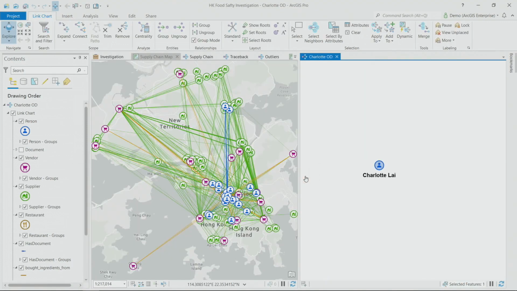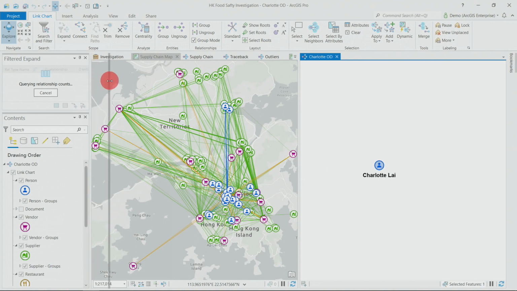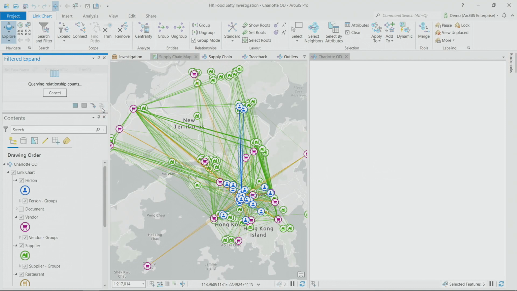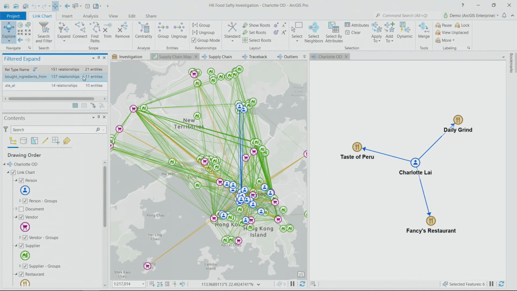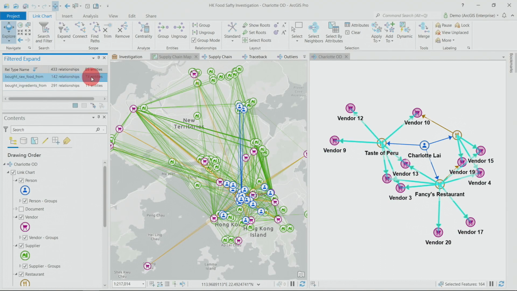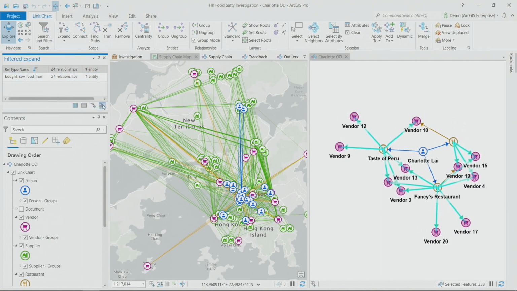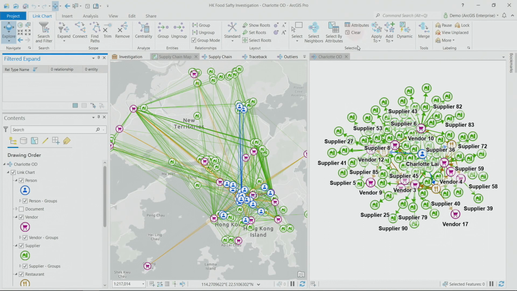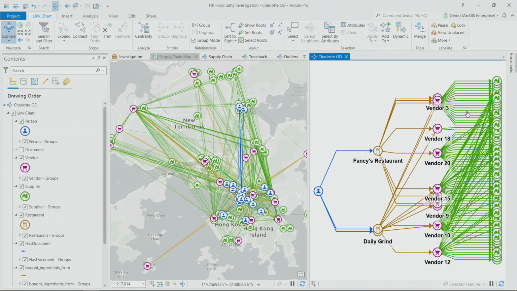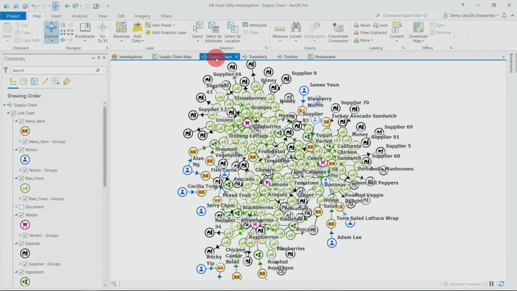Let's take a look at a small slice of the data in the knowledge graph by expanding just one person's supply chain. Her name is Charlotte. Charlotte ate at 3 restaurants, which bought ingredients from 11 vendors, who bought raw food from another 74 suppliers. To make this chart more understandable, we can choose a left to right layout. When we expand the analysis from Charlotte to include everybody who got sick,